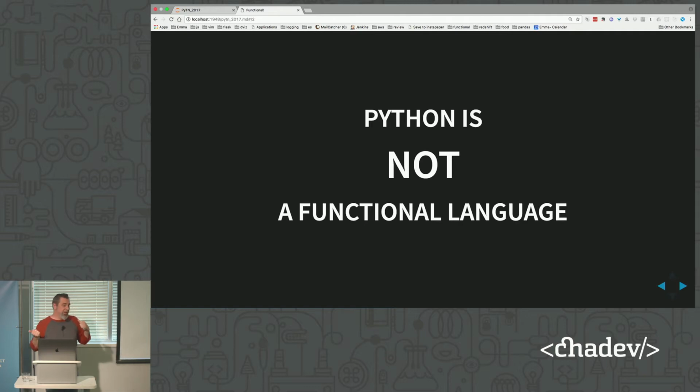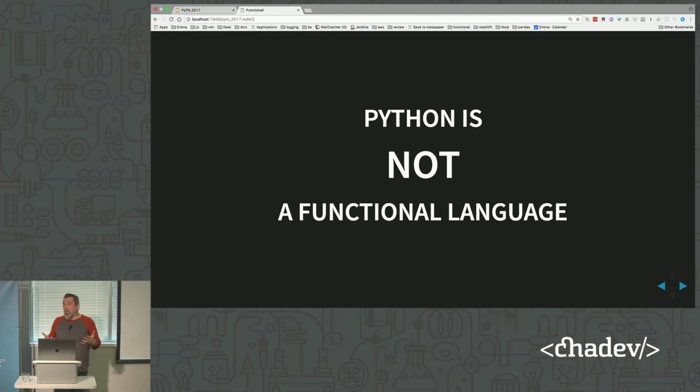So before we start getting into the actual details of Python, in this case, Python is not a functional language. And a lot of the languages that you work with are probably not functional languages. They may have a lot of tools that let you do functional stuff. I know JavaScript has Underscore or Lodash that have a lot of functional type functions, methods inside them.